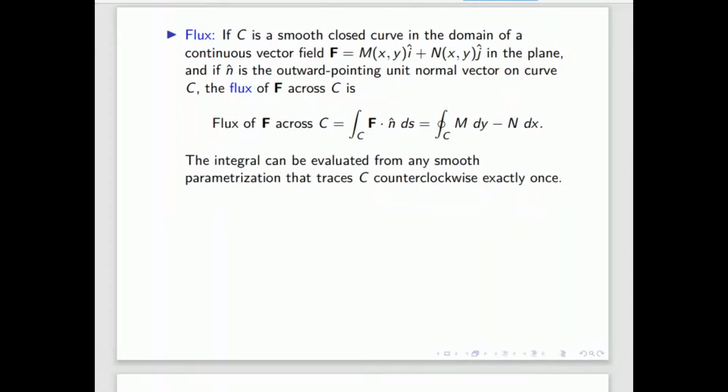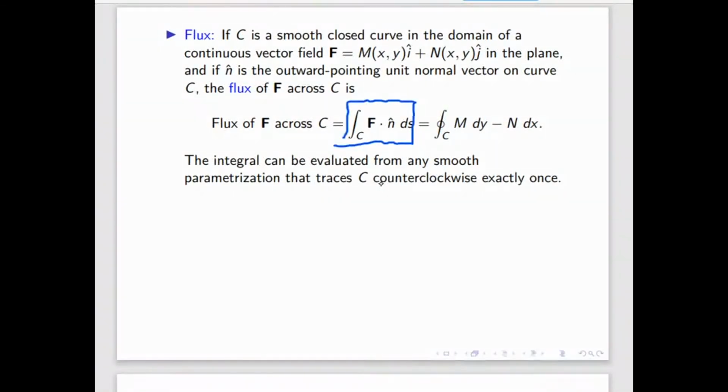So the next application of this line integral is called flux. If you have some smooth closed curve, so here the condition is it should be closed, and F is a vector field in 2 dimensions. If it is 3 dimensions, the formula will remain the same. We will see the 3 dimension flux also. Here it is only given in 2 dimensions, but this formula is the same. For 3 dimensions, something else will come. So the flux is given by this, either 2 dimension or 3 dimension. This is the flux formula. But if it is 2 dimension, then this is the equivalent form of flux. If it is 3 dimension, then we will see later what the flux will be.